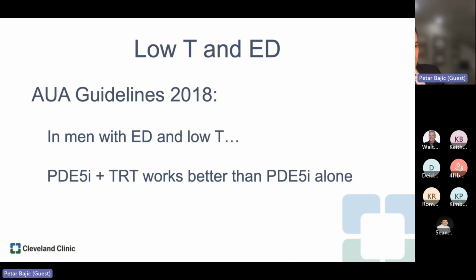So sometimes we see guys who were diagnosed with testosterone deficiency many years ago. They tried testosterone for a little while and didn't notice an improvement, and maybe they didn't try the pills properly at that time. And now they want to try a prescription for Viagra or Cialis, but until we get their testosterone to where it's supposed to be, they're probably not going to respond to that. So that's something that's important to